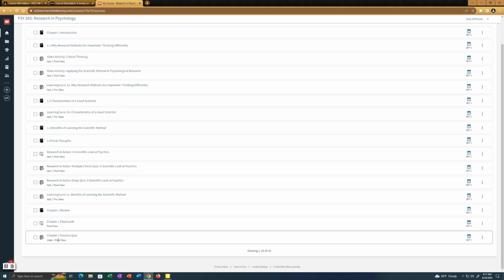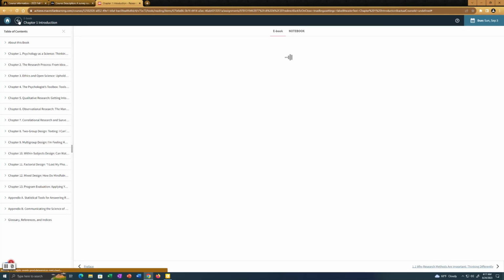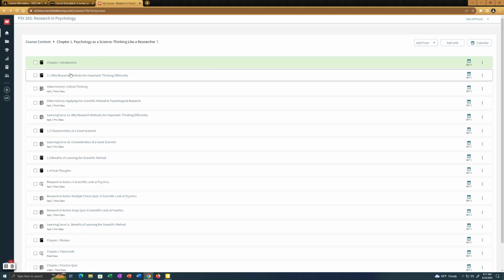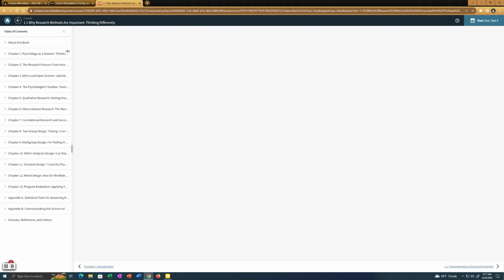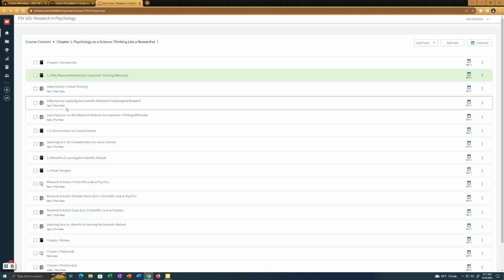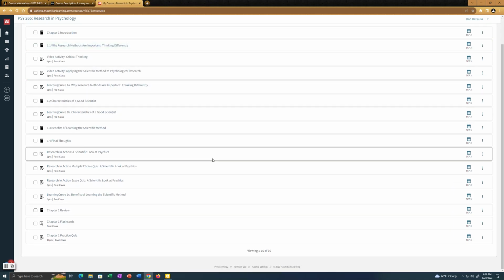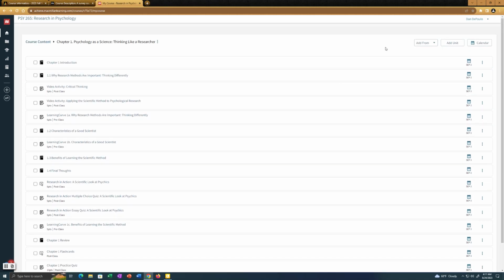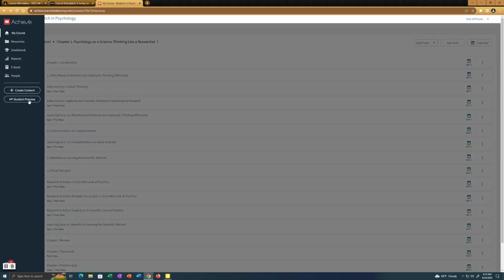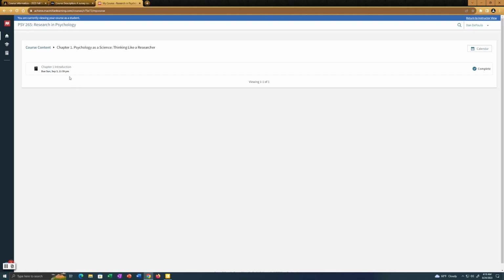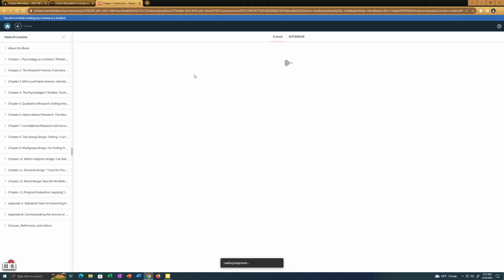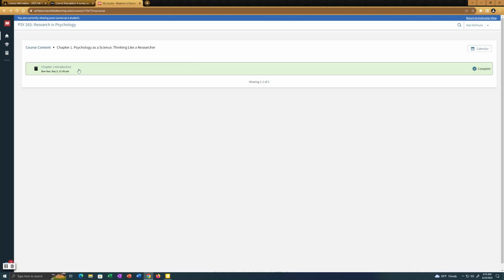You obviously don't have to do the readings through here, although if you click on them, it will register that you've done it, right? So see how it's already shaded. All right, so it'll mark whether you've done it or not. Okay, and this is my view. Obviously, your view as a student is not going to show as much here, right? Yeah, it's just showing the book because the course actually hasn't started yet.